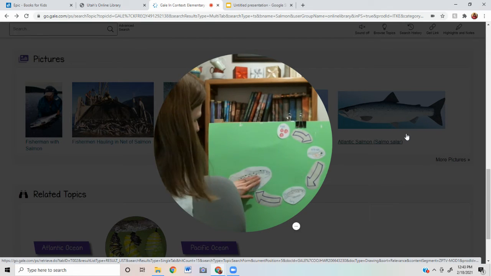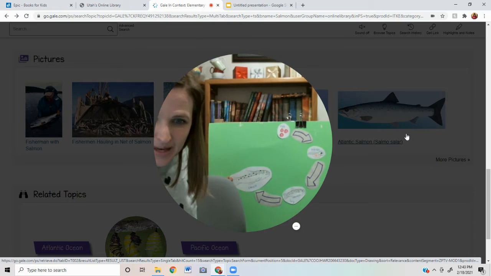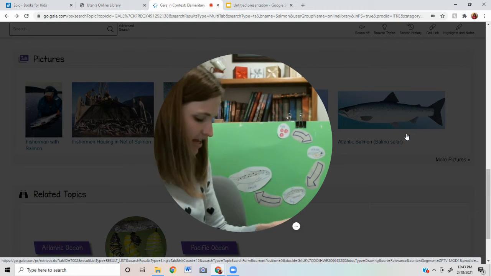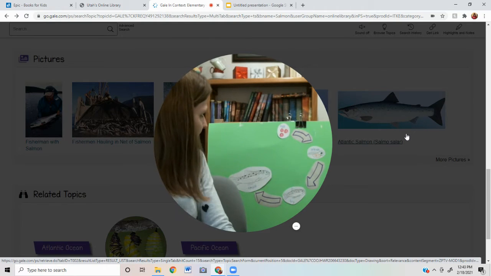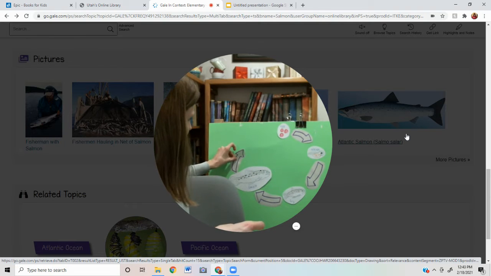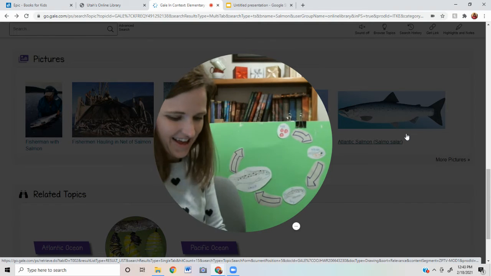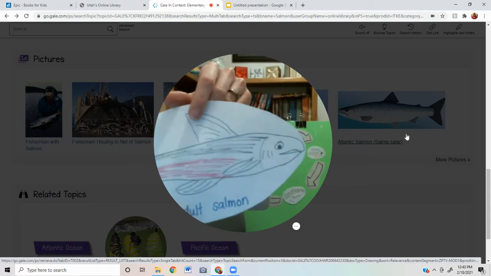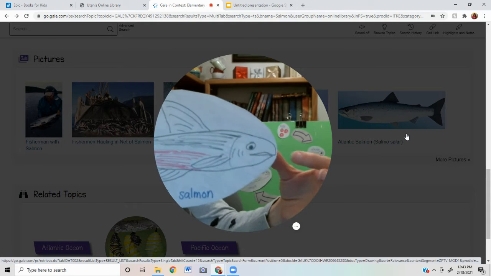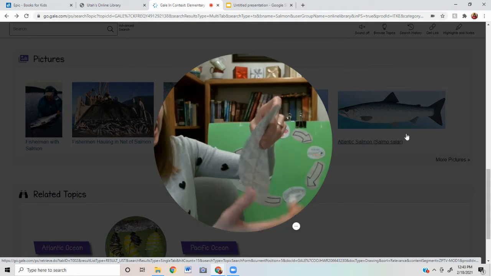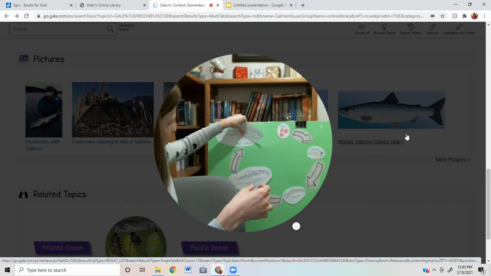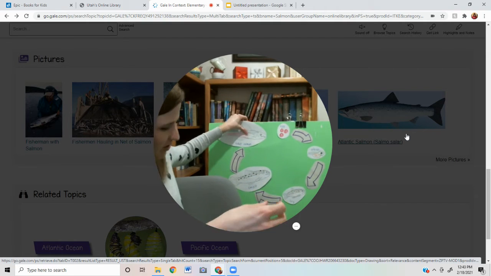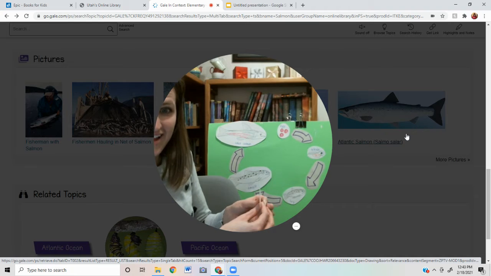Then here's the smolt, which is a little bit bigger, a little more gray. I'll leave an arrow here. And then the adult salmon, which starts to turn pink, and his nose kind of changes. The tip of his face changes. So there we go. Those are all of my things to make